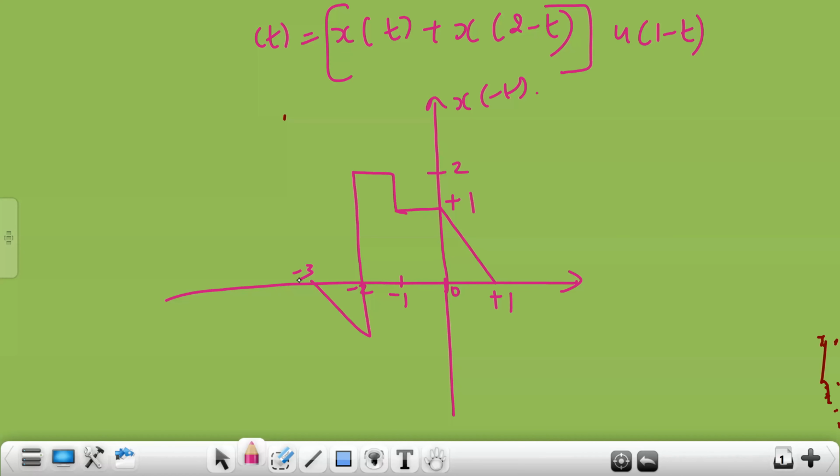So this is x of minus t. Any confusions here? In another 1 minute, this meeting is going to end, so you can log in with the same link again. After drawing x of minus t, kindly plot x of minus t plus 2, because x of 2 minus t is equivalent to x of minus t plus 2.